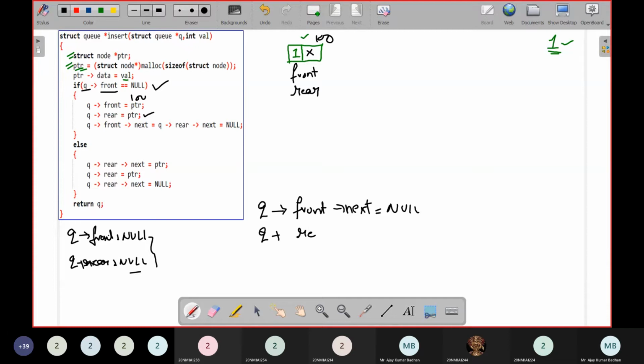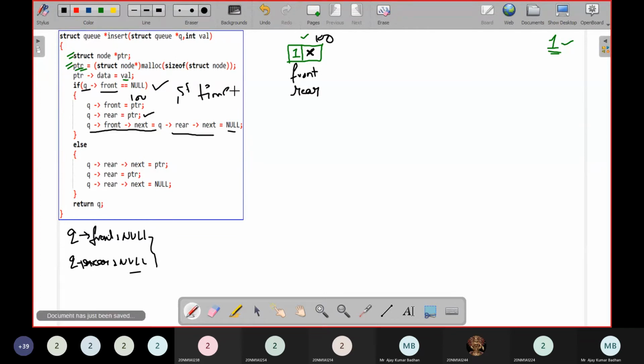So Q front next equal to Q rear next equal to null. This means this particular address has become null. Fine. Now, as I told you, this loop will be executed only for the first time.